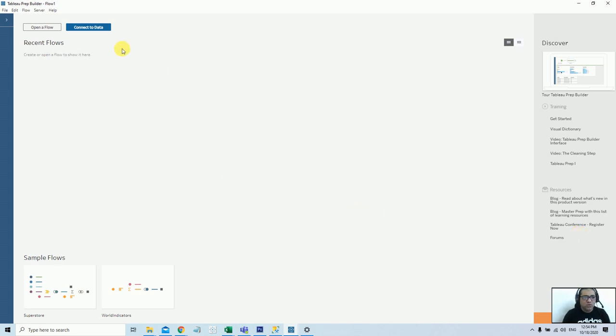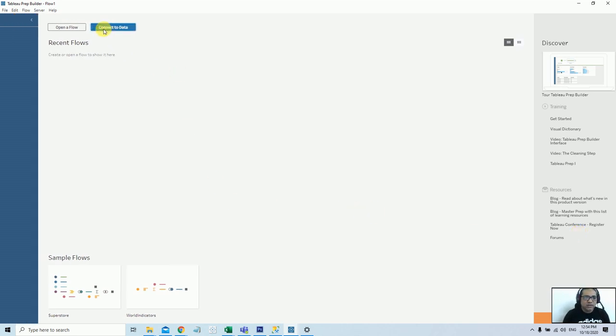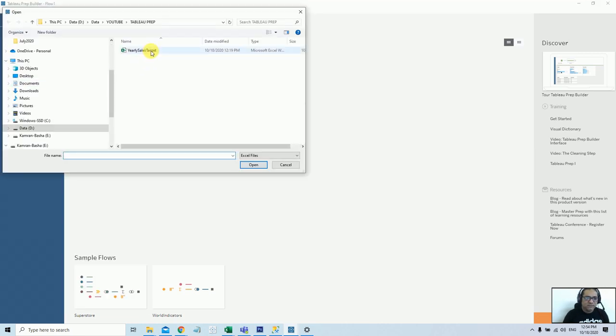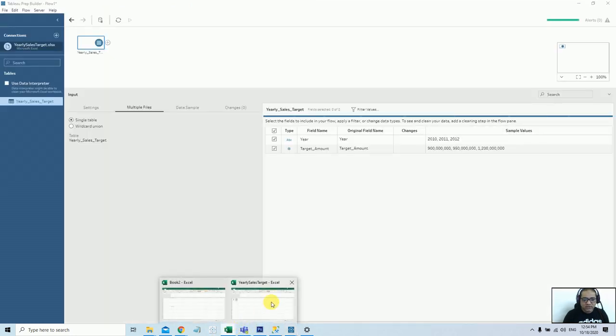So now we can directly connect it with our data set. First of all, you can just click on this and then you will get the connection info, and you'll see first of all we need to connect with Excel data. So let me connect it with Excel. I already prepared this data and it's saved here. So I just open this file, which is nothing but the same file which I showed here.